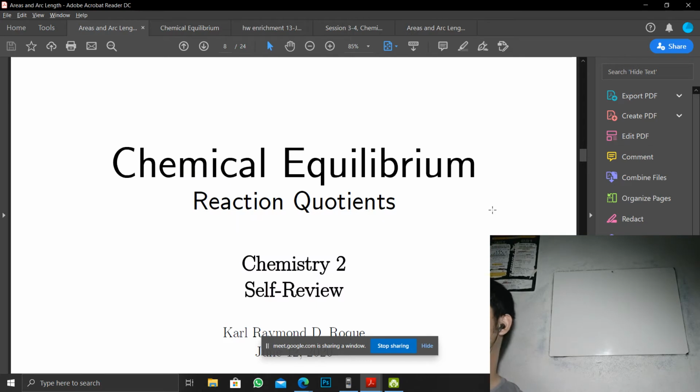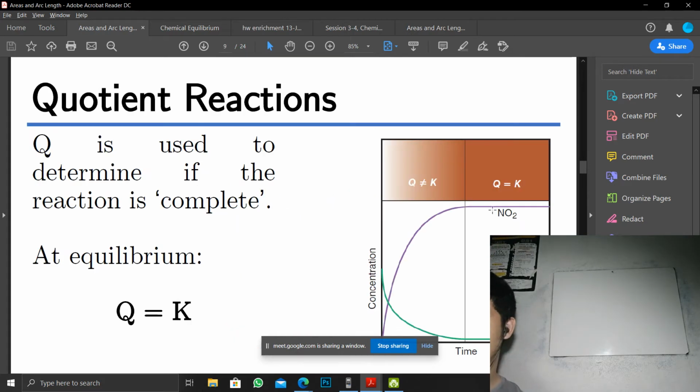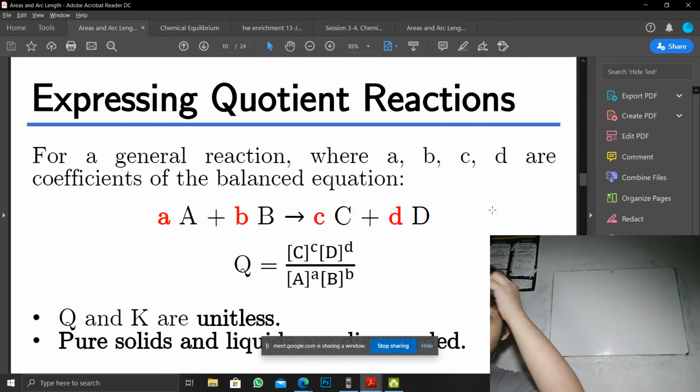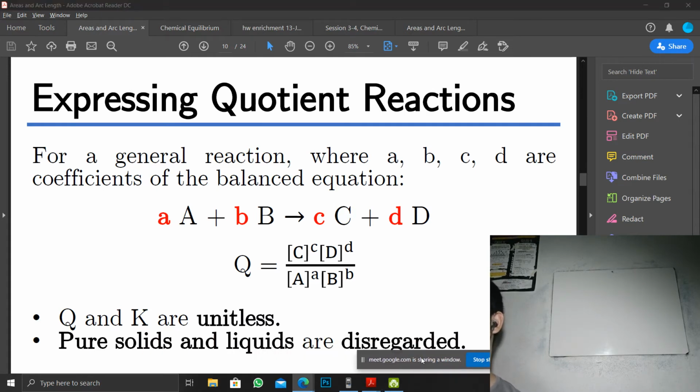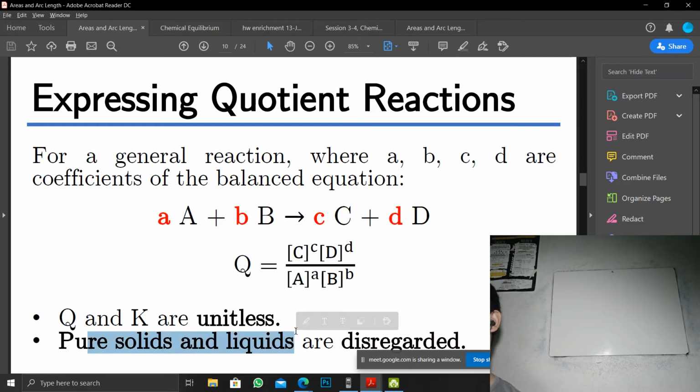Next, for reaction quotients, which is one of the most important skills, at equilibrium, Q equals K. K is a special quotient reaction, bali. Ang tawag sa K ay equilibrium constant. So, ang pag-express ng quotient reactions, ayan, use the balanced equation. Then, remember that pure solids and liquids are disregarded. So, kapag S or L, yung nasa equilibria natin, tanggalin na natin yon. We're not going to include that in the